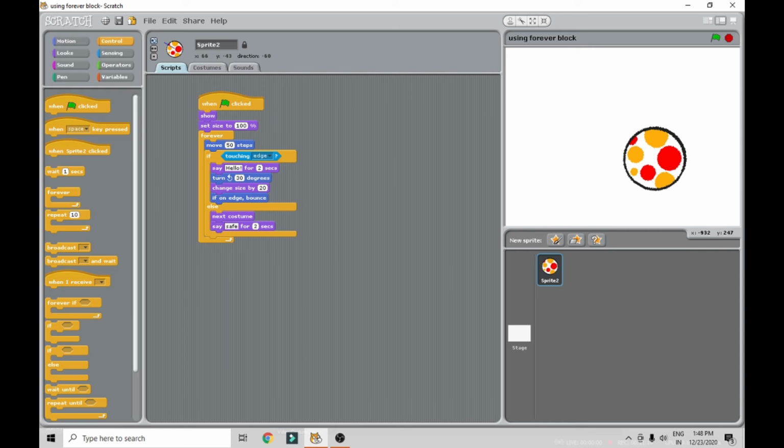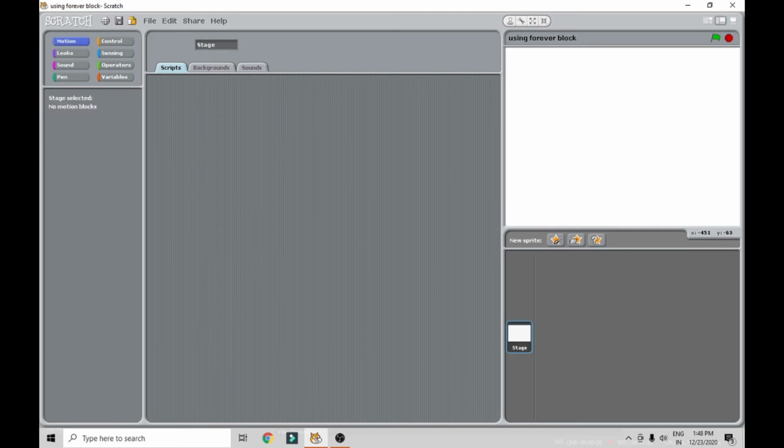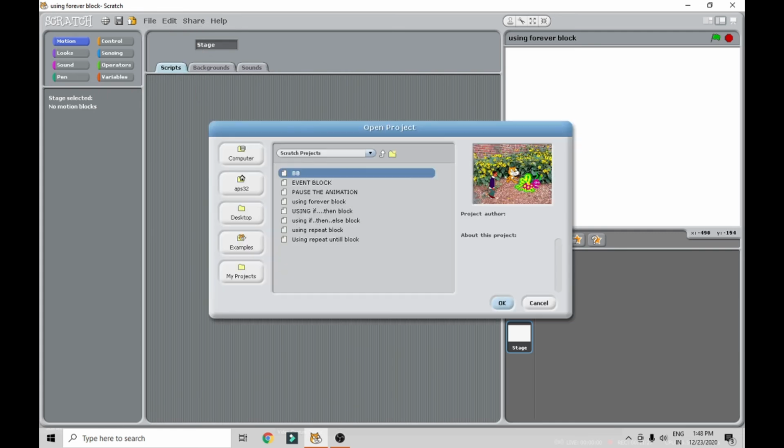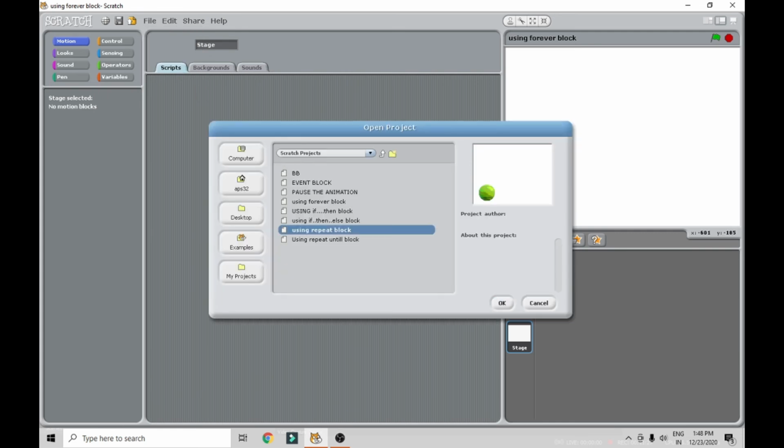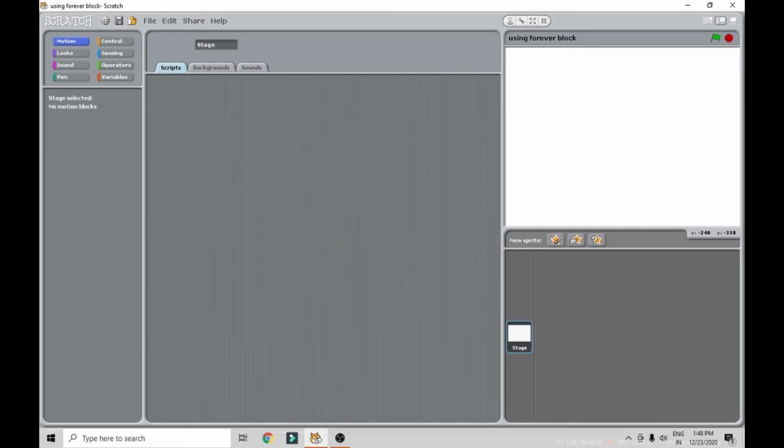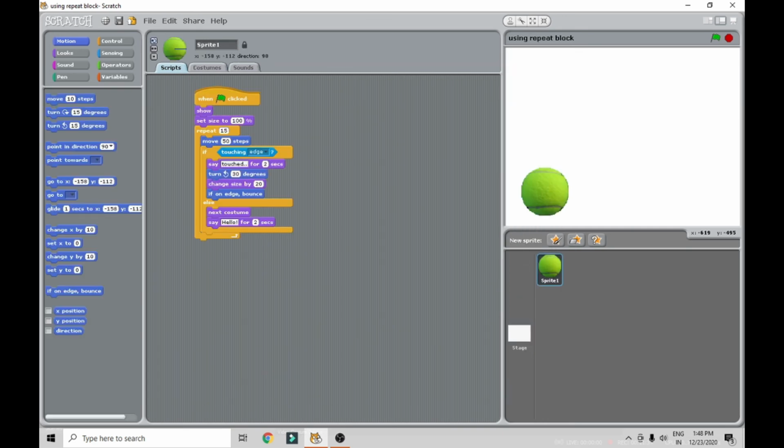Next, see here, we will go for this repeat block. Now again open. So again, which one is the repeat block? Using the repeat block, click on OK. So this is the code again I wrote for the repeat block. So again, what you should do, we are just go on adding the code.